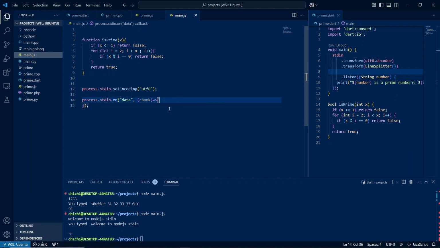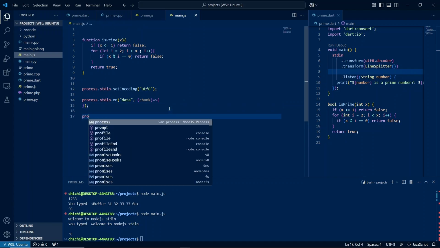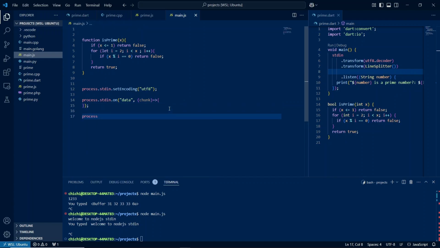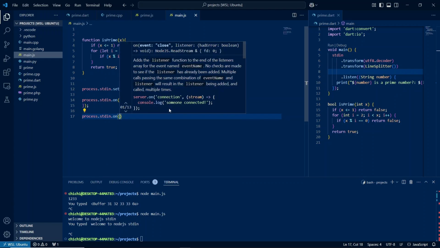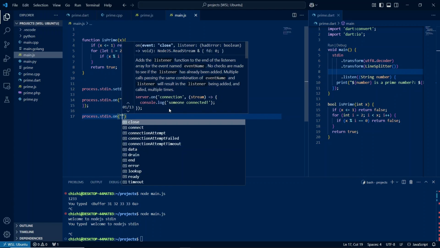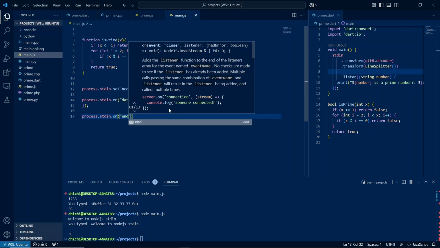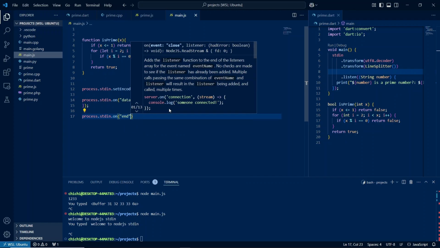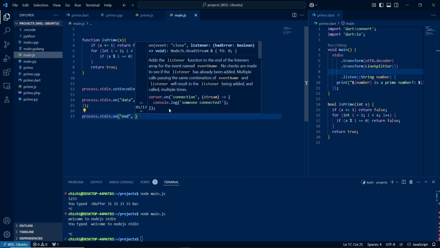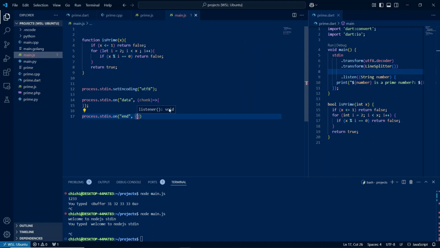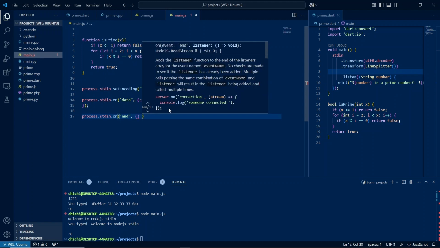Which means we can register another event here, process.stdin. Readable streams also fire an event called end. This is fired when the stream has been exhausted, meaning that all of the data from the stream has been consumed. So we can simply provide a function here,